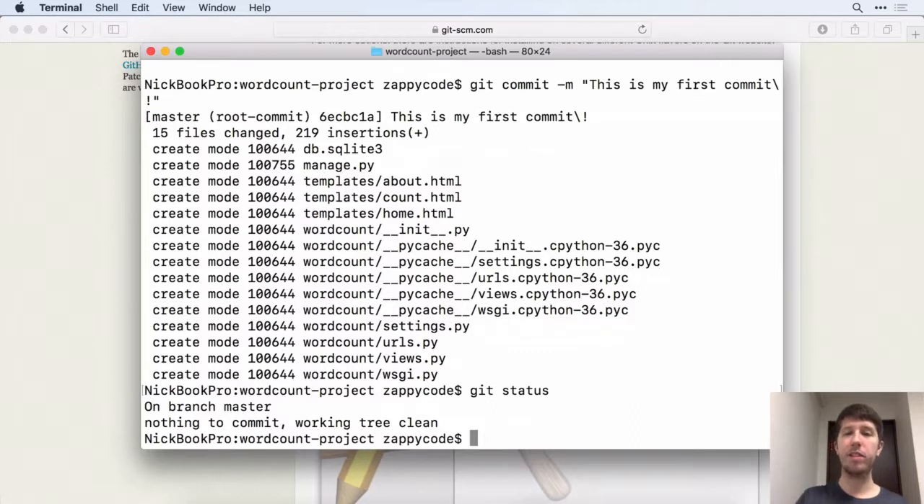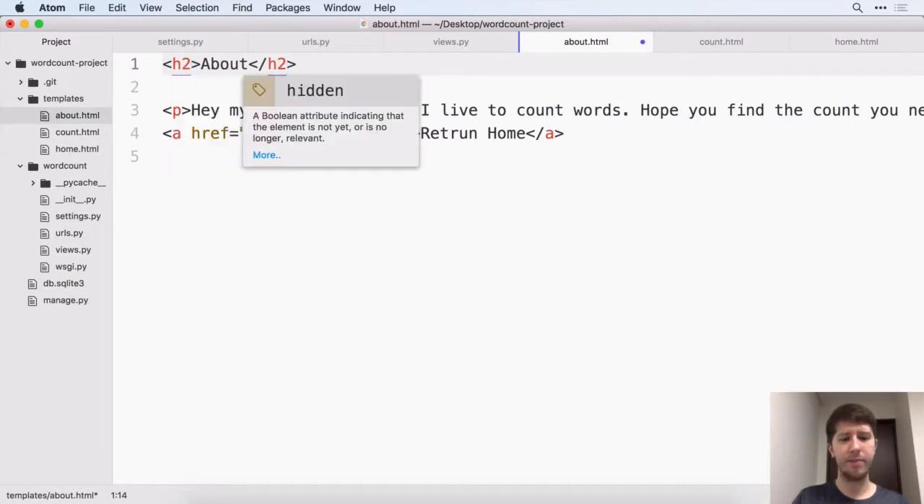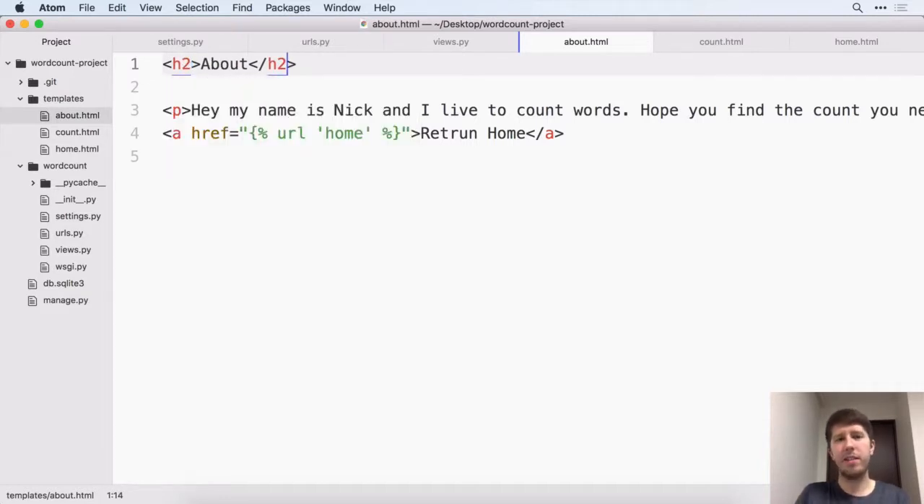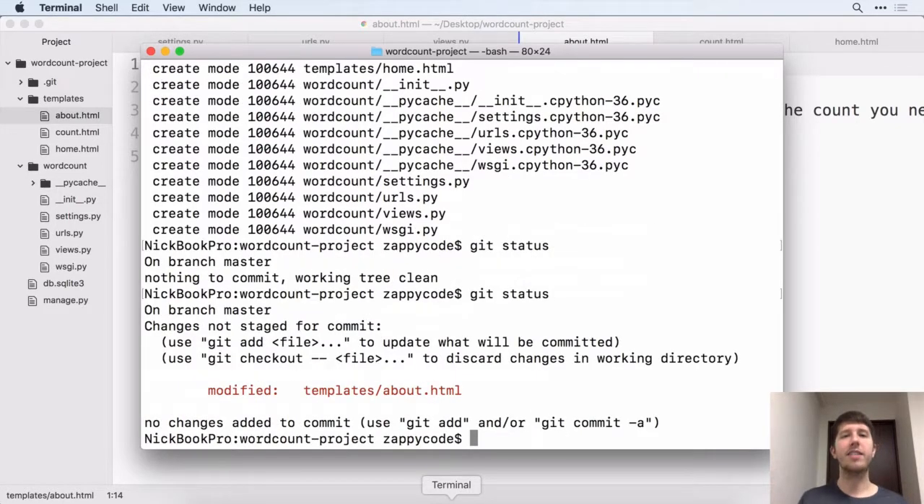But for example, this is where Git is very, very cool. Let's go to one of my files here and I say, you know what? On the about page, I don't really like that about is in an H1 tag. I'm going to change it to an H2 tag. So really small change here. I basically just said that line instead of H1 should be H2. If I save that file and come back and do another git status, Git noticed that I made a change to one of my files